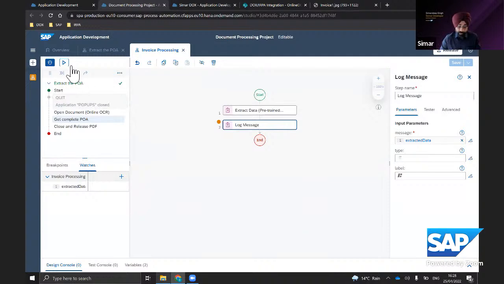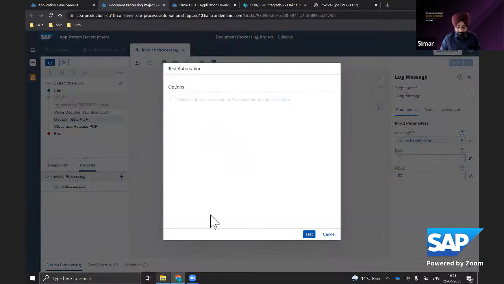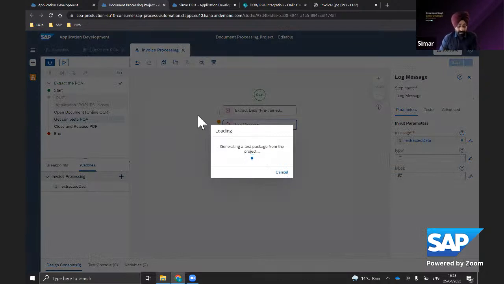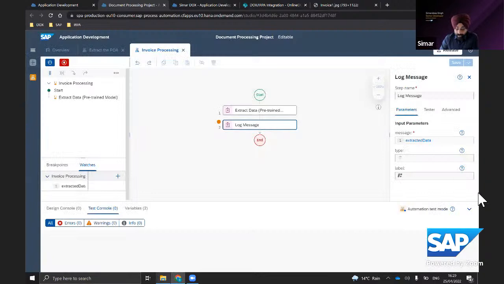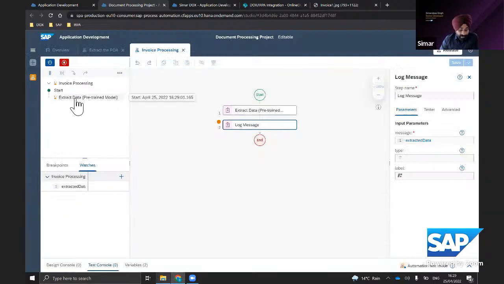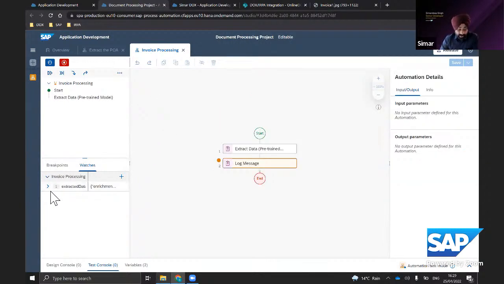Now we are ready to run this automation. Let's click on test and run it. You can see on the left-hand side the document is being sent for processing, and we need to wait some time so that the document is processed on the document information extraction side. But in the meantime, you can see the data is already there.